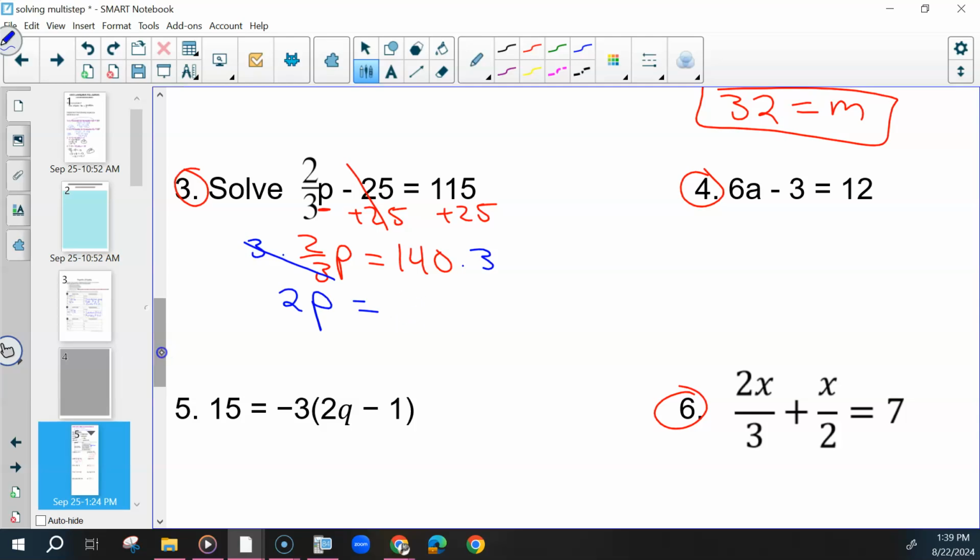It's 420. Someone double check. Thank you. Alright, and then we could divide both sides by 2 to get 4